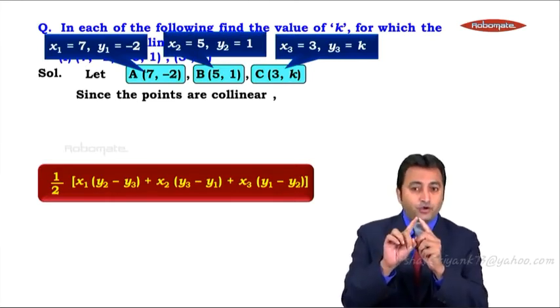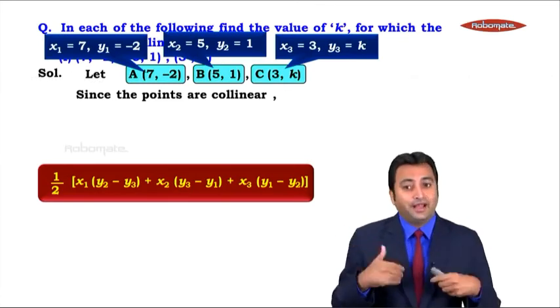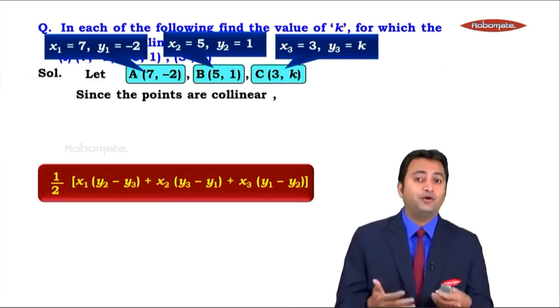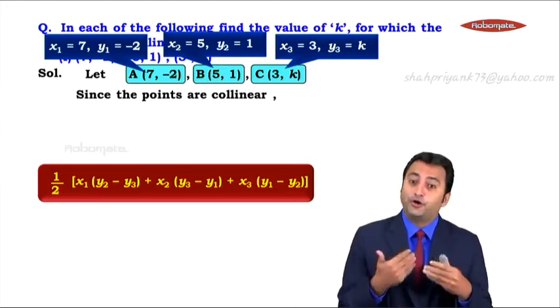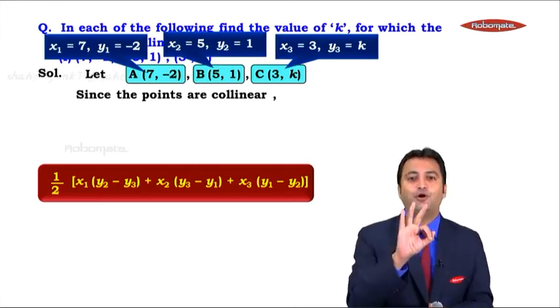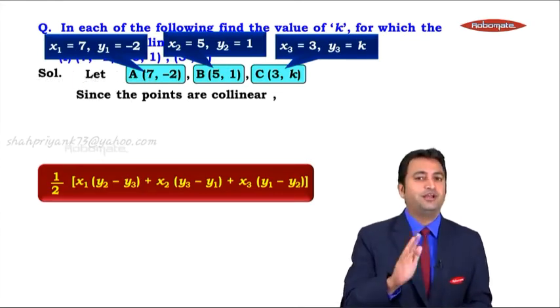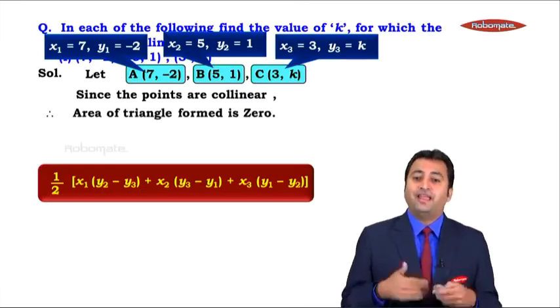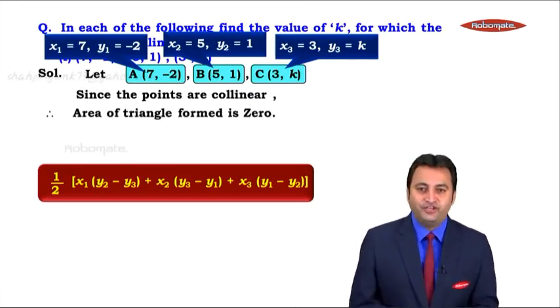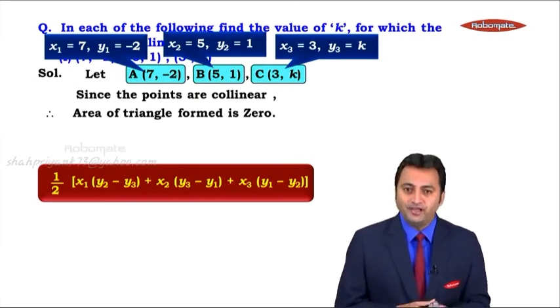If 3 points are collinear, A, B and C, they lie in a straight line. And if the points are collinear, if they lie on a straight line, will there be a triangle formed? No. Because for a triangle, we need 3 non-collinear points. And in this sum, the points are collinear, so the triangle is not to be formed at all. In other words, such a triangle area will be considered as 0. Because the 3 points are collinear, the area of the triangle formed will be 0.